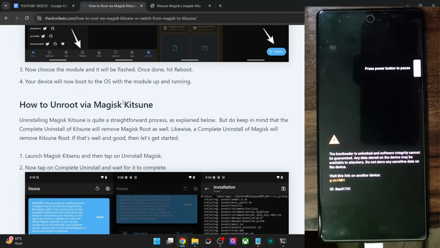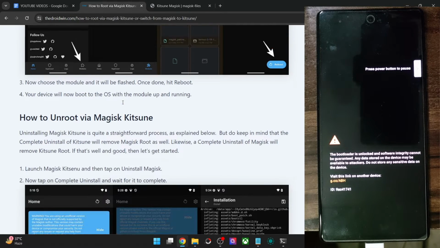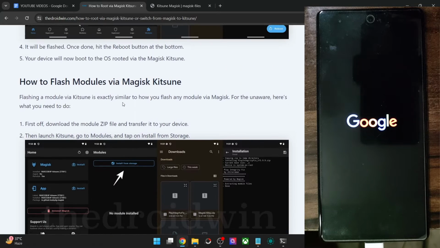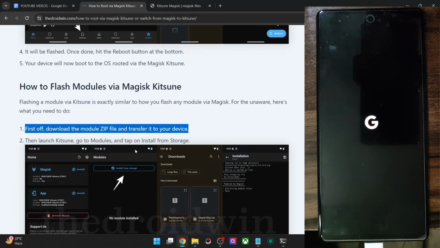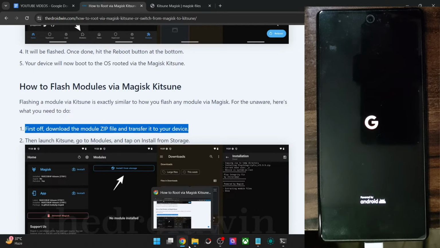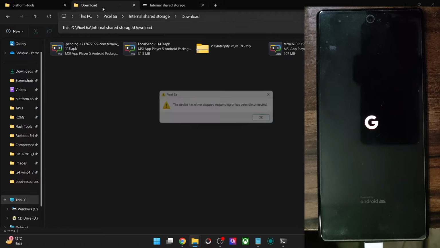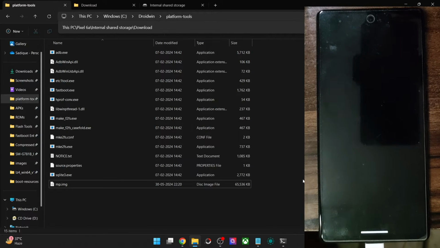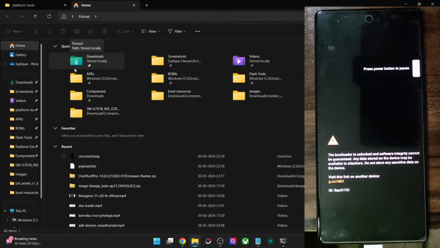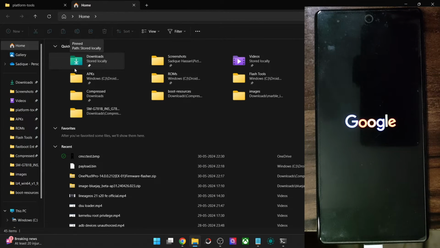and now I'll show you how to make a move from the official Magisk app to the Magisk Kitsune. But for that, I'll have to root my phone via the official Magisk app. This will take less than a minute because I already have a patch file. I'll simply use that patch file to get that job done. So just give me a second, and then we will proceed ahead with the next step. So with that said, our phone is now booting to the OS, and with this we would have obtained root via the official Magisk app.